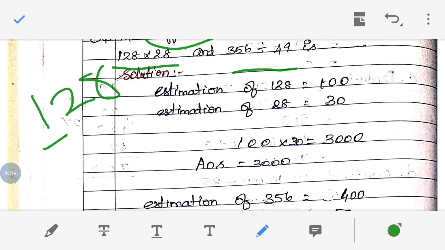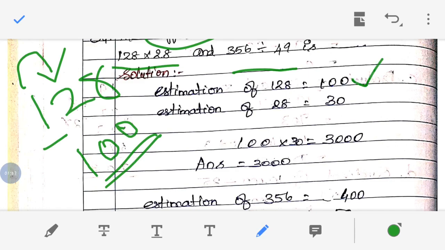After deciding the place, we have to look at the digit which is right of the rounded off digit. So that is number 2. This 2 is lesser than 5, right? If it is 5 or lesser than 5, we will not change anything. We will write the rounded off value as it is. Then whatever remaining digits are present to the right of the rounded off digit will be changed to 0. So what will be the answer? 100. That's why we get the answer 100 here.